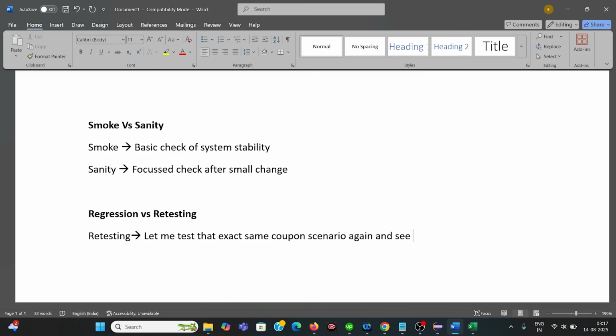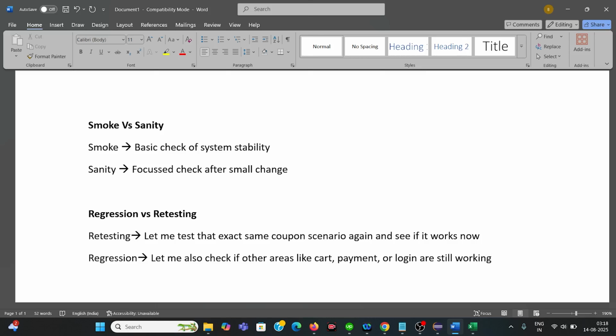And regression is, let me also check if other areas like cart, payment or login are still working, just in case that fix broke something else. Perfect, I hope you understood.